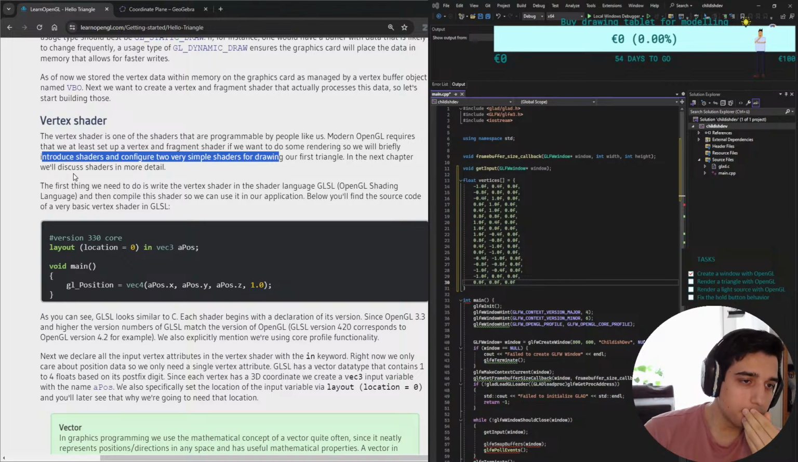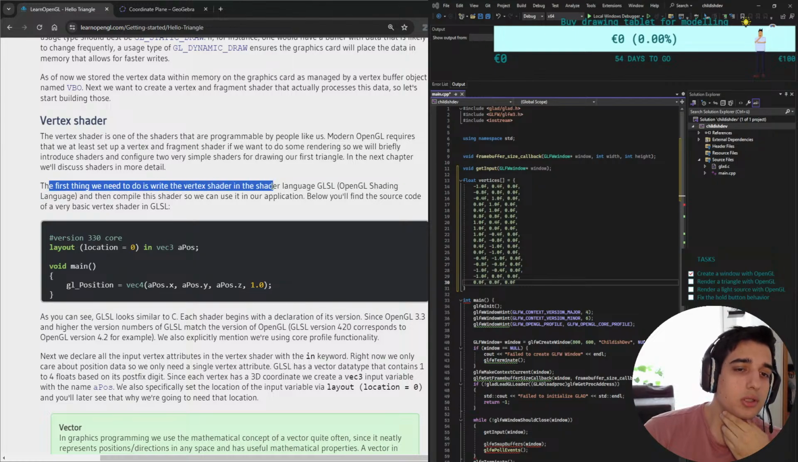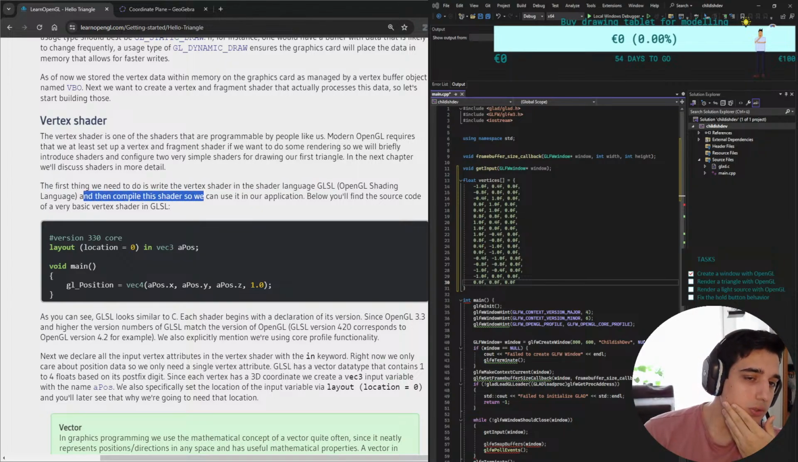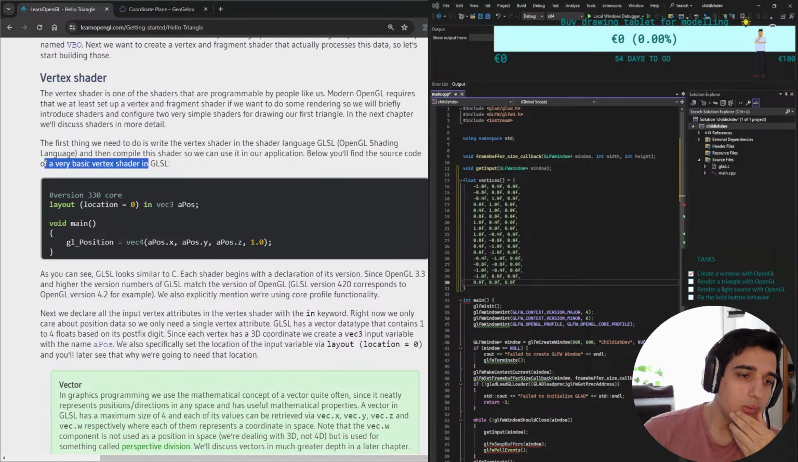Okay, let's see. The first thing we need to do is write the vertex shader in the shader language GLSL, and then compile this shader so we can use it in our application. Below you'll find the source code of a very basic